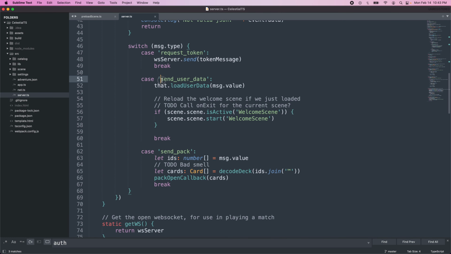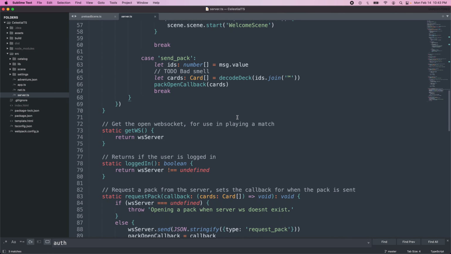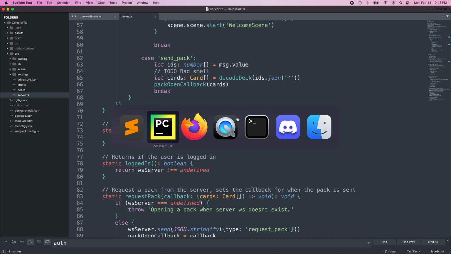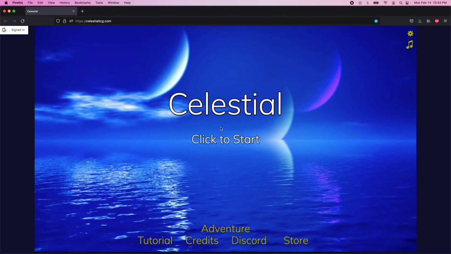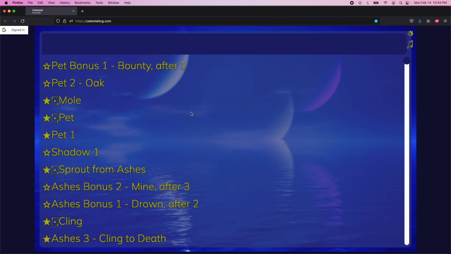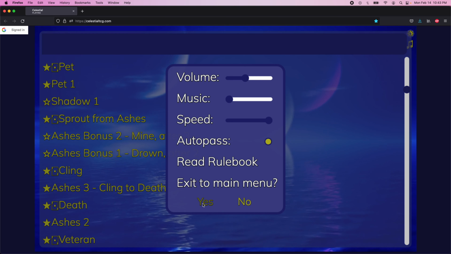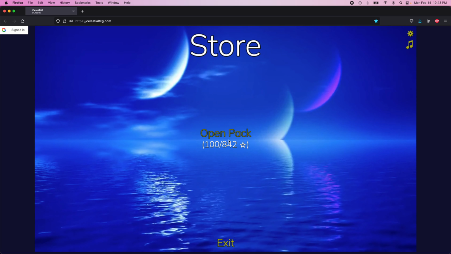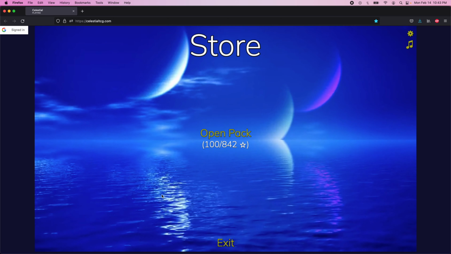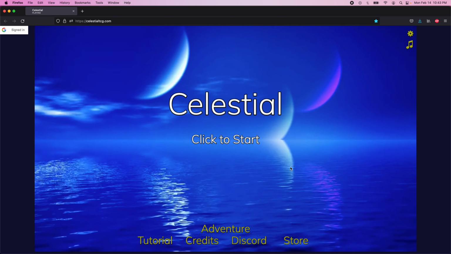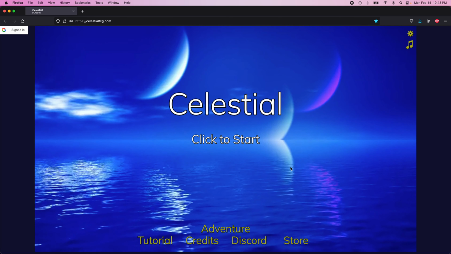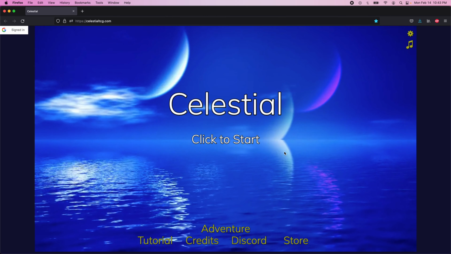And when it hears that sort of connection, it loads that user data. So that sets things like saying, okay, now I'm logged in. I have these different missions completed. I have such and such amount of money. It loads all the decks, that sort of thing. And it also boots them back to this main screen, because you'd end up with weird behavior if you're in